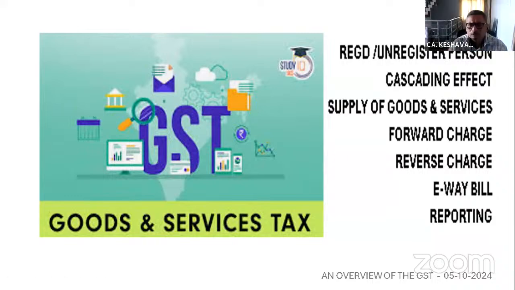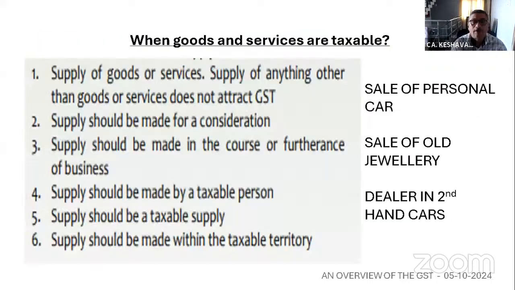Now, the Goods and Services Tax Act, as you all know, came into existence since 2017, July 1st. July 1st being a very auspicious day for the government, as it has introduced a new law and has taken out a number of other indirect tax laws from the taxing statutes.